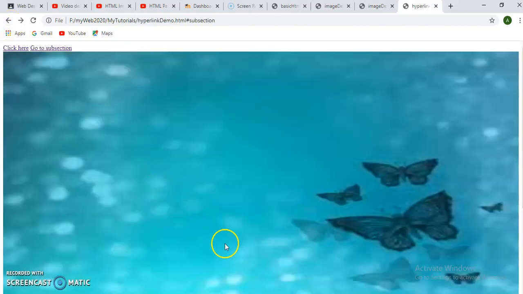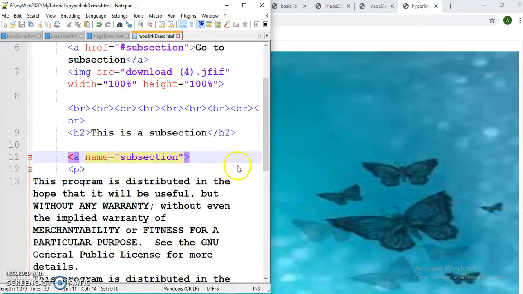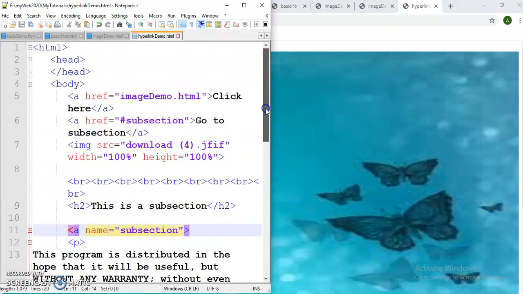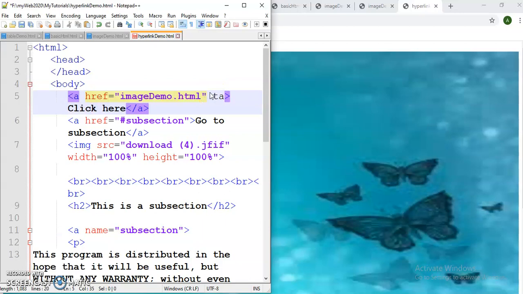If I want to display it on another tab, then I need to give one attribute, target is equal to new, which means I want to display the page on a new tab and not the current tab.